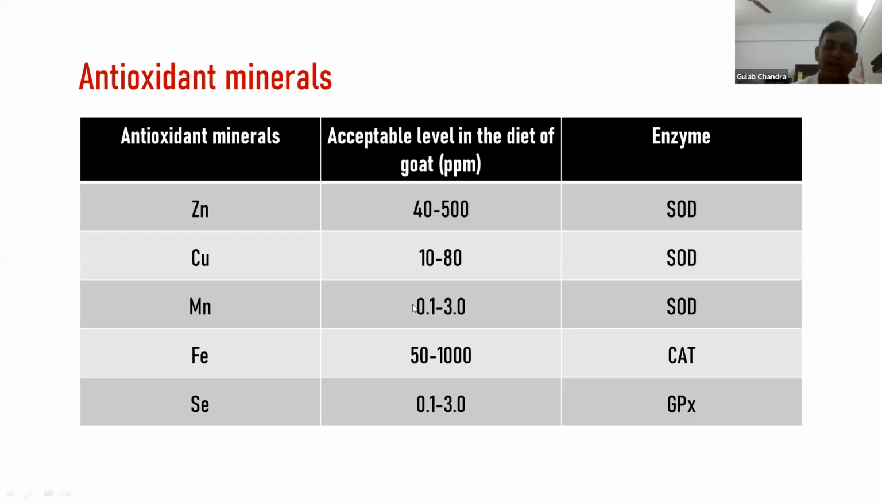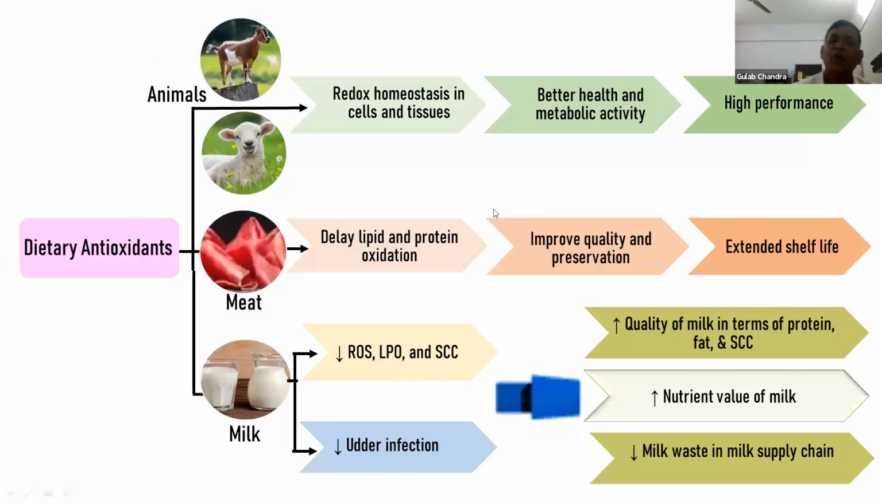And selenium. Selenium acts as a cofactor for glutathione peroxidase and is also necessary for the action of glutathione peroxidase. And this one is iron. This dosage may be added in the diet of the goat and stimulates the function of catalase, and also acts as a factor of catalase. This is the whole